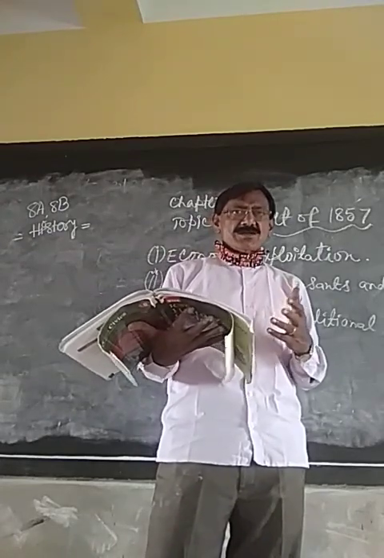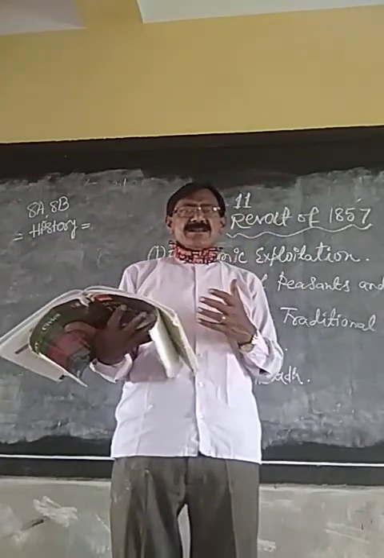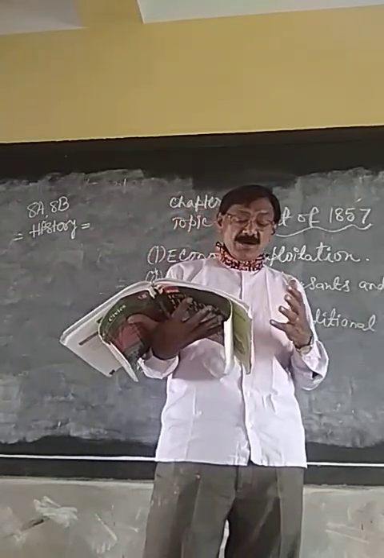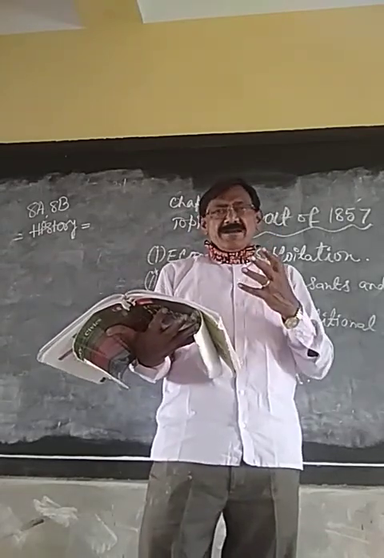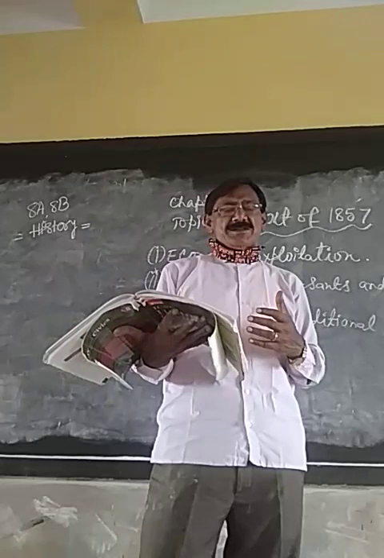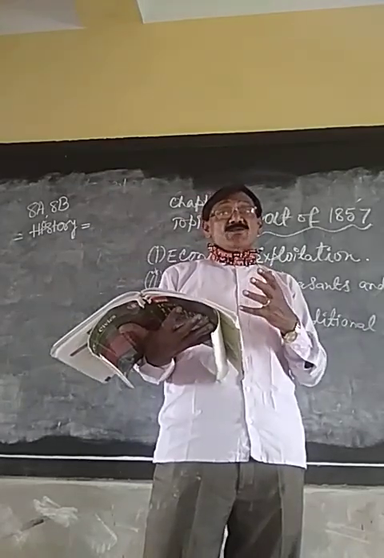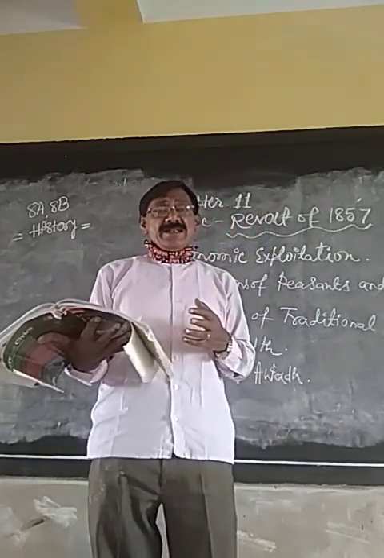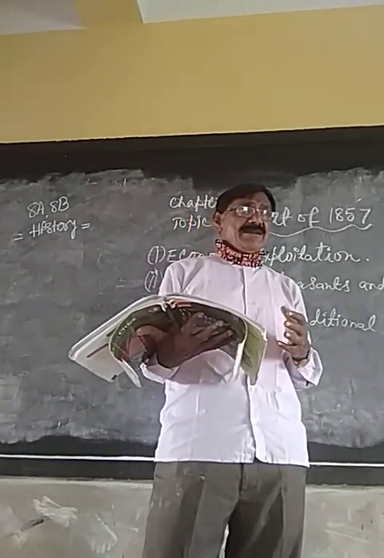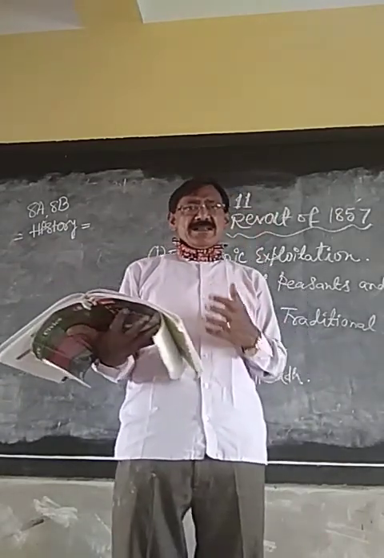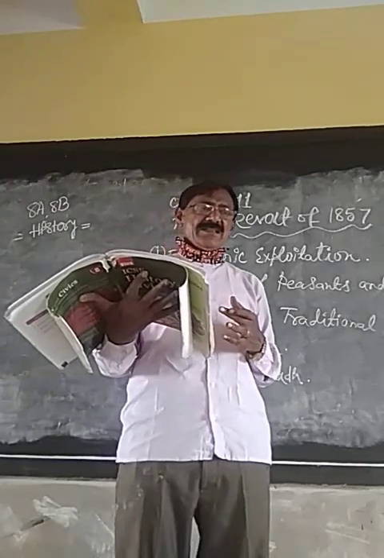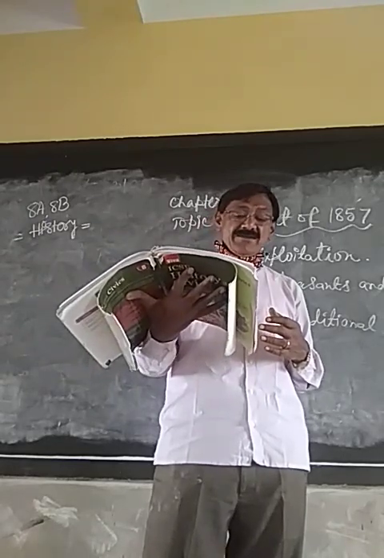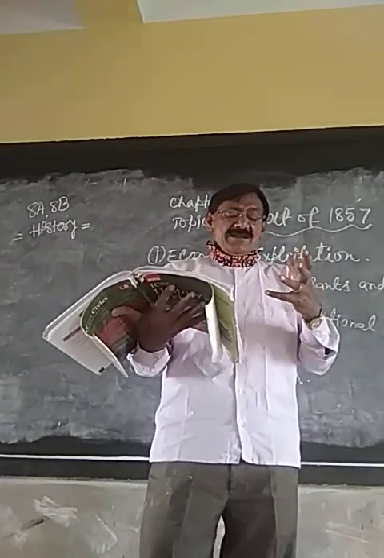Moreover, famines, droughts, this kind of natural disasters sometimes took place. During that crisis period, they could not pay their land revenues to the British, but the British would pressurize them to do so. Ultimately, they had to go to the money lenders and borrow money at the cost of their agricultural lands. Ultimately, they could not pay it back and would become landless peasants and farmers. So this created a lot of resentment against the British.